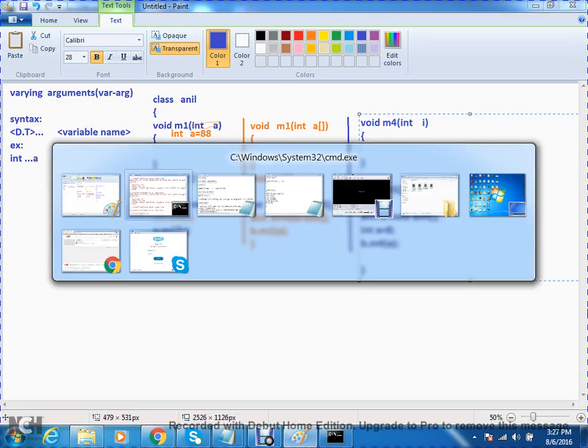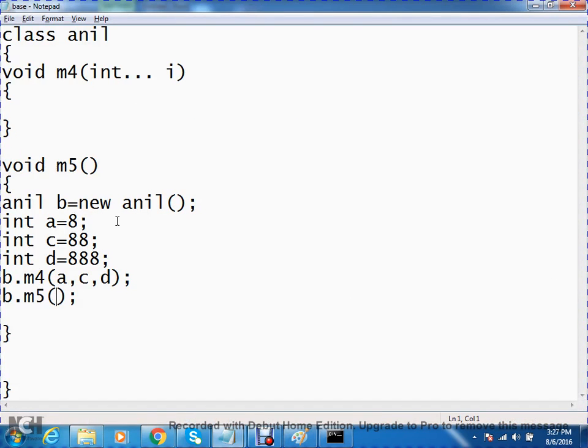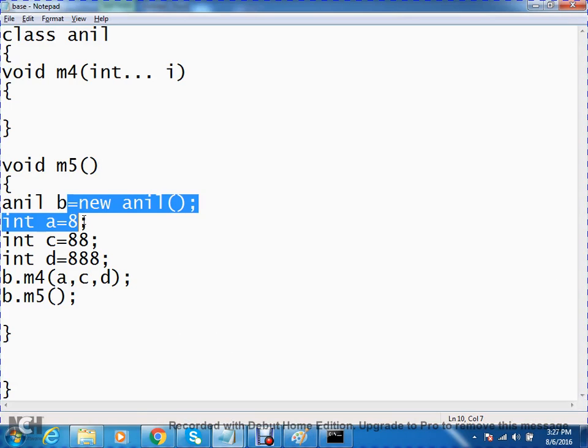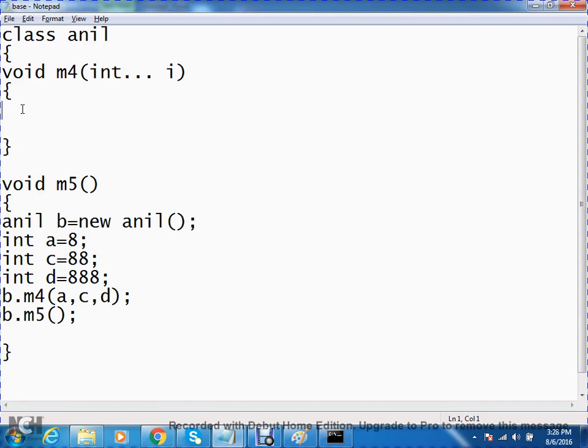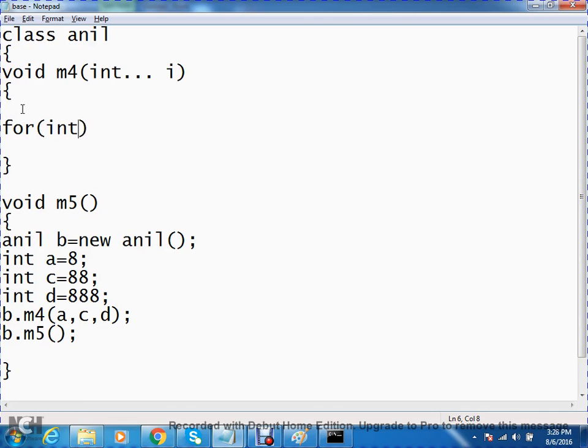Now, if it is really an array, then I can access those values right here within this one. Yes or no? Normal for loop or for-each. Int j equals to 0, j less than i dot length. If it is an array, definitely within that array there must be length. Less than i dot length, j.